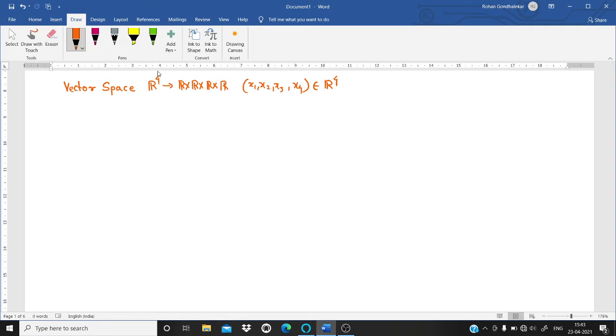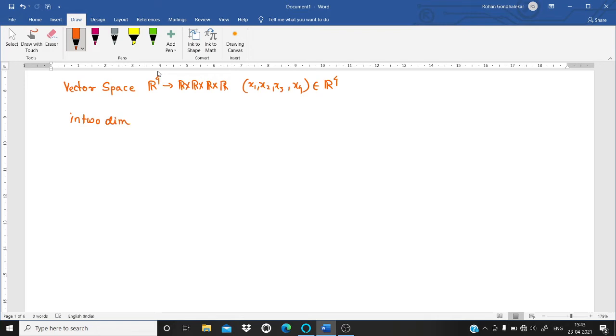Fine. Now, the vectors are denoted in various ways. The one we have studied in the three-dimensional space, the vector can be represented as x i cap plus y j cap plus z k cap, or it can be represented as a point form, that is x comma y comma z. So hence, initially I'll speak with the two-dimensional space. In two-dimensional space, we can denote a vector by the coordinates x comma y.